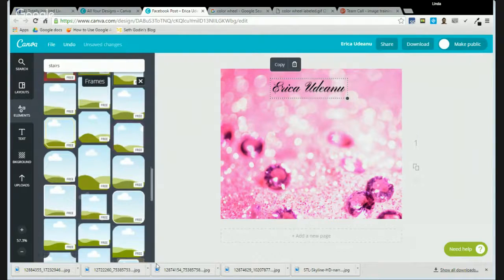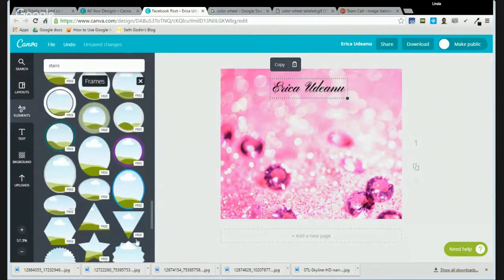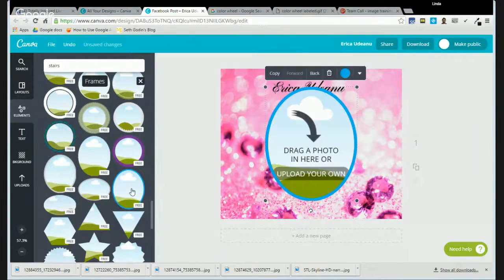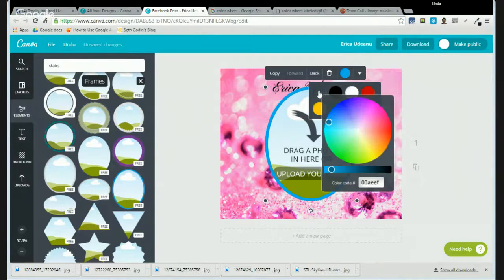But you can choose different shapes and it just makes it stand out. So if you choose that one, and you can change the frame. So I don't really necessarily want blue. I might want